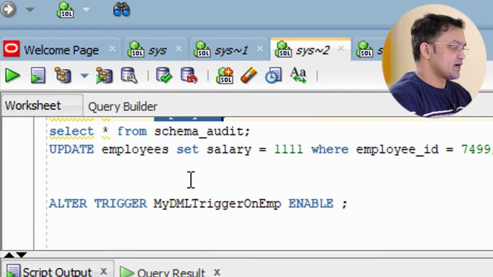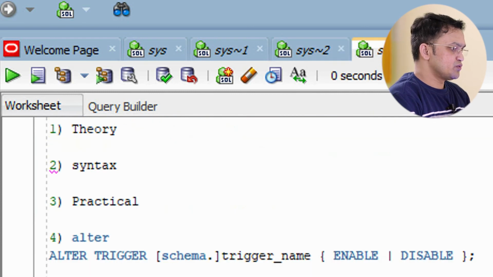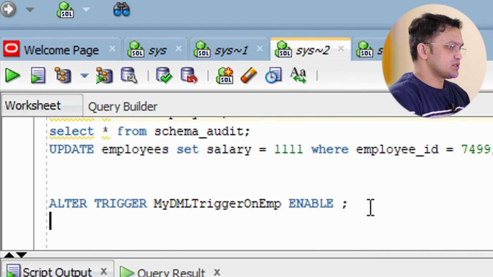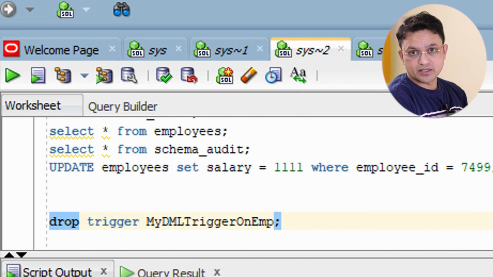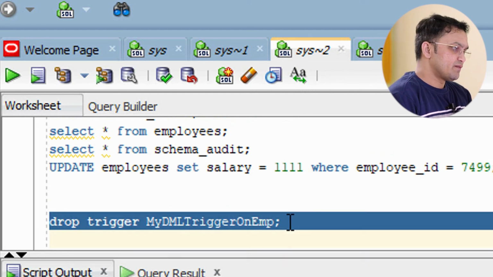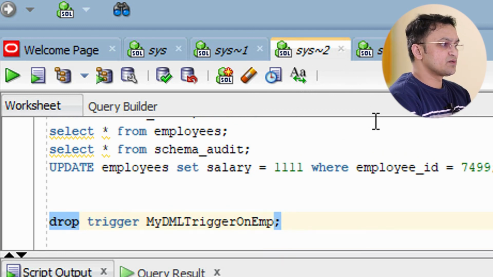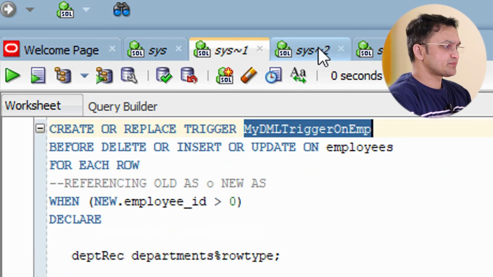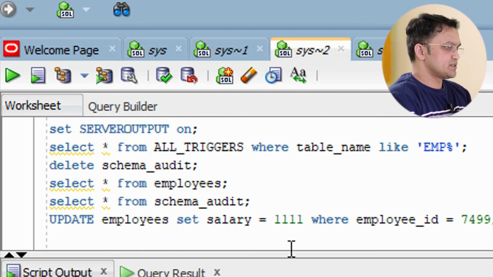And at last I just wanted to mention the drop command as well. This is how you can drop the DML trigger. If I drop it here, then the trigger won't exist. Let me show you in the table.